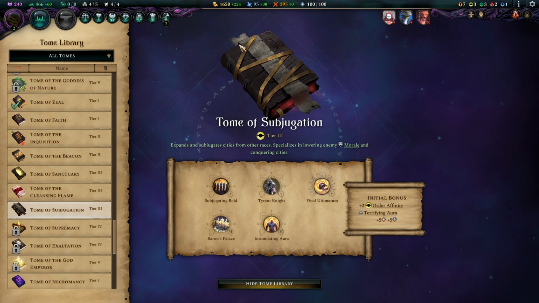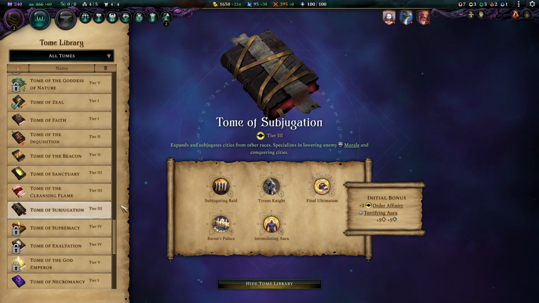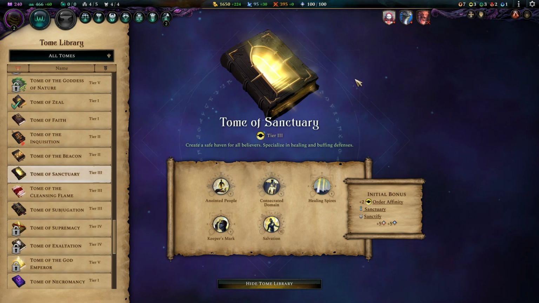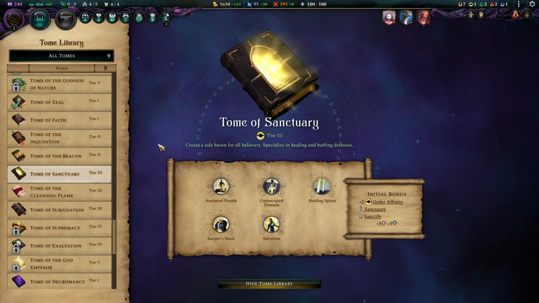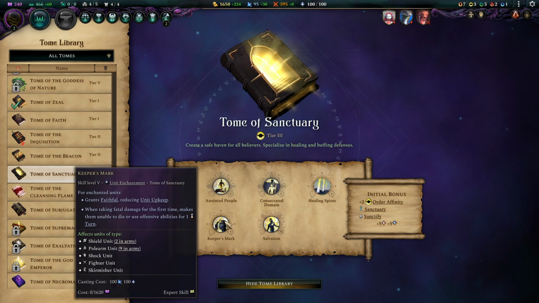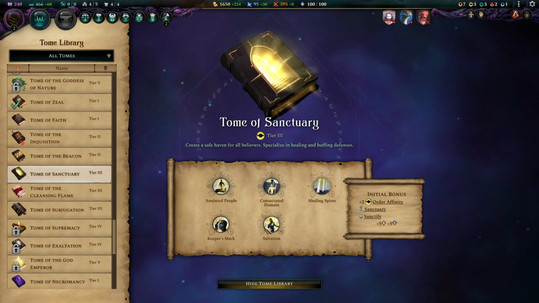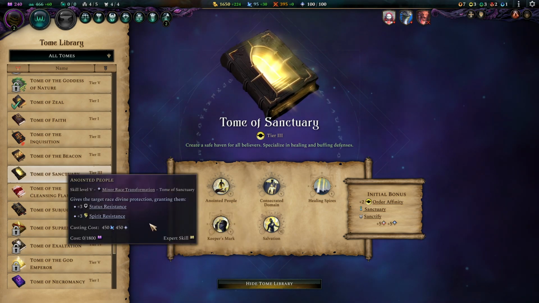This is really good because we are already extremely good at grinding down and weighing down the enemy. The alternative that you can take here for this build would also be Sanctuary. This is a less offense and morale warfare based playstyle and goes into Keeper's Mark for insane survivability on your entire front line, Salvation for a blitz heal spell, and Anointed People for even more annoying hard to kill shenanigans